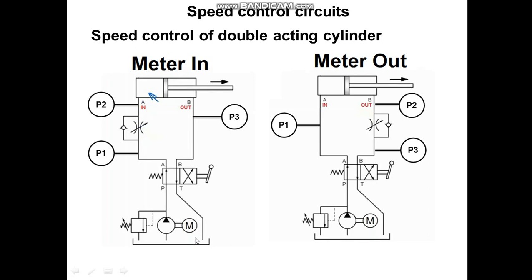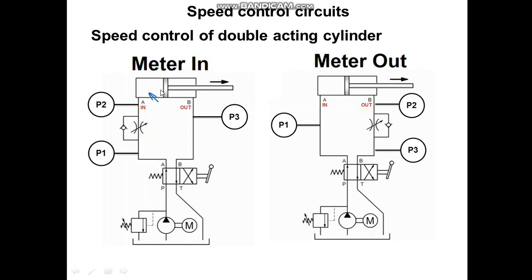Now we have to compare P1, P2 and P3. Let us start from P3. Because P3 is connected to the tank, it will be almost equal to 0. P1 will be equal to the pressure setting of the pressure relief valve, and P2 will be calculated by considering the load acting on the system and the blank end area. This is the pressure responsible for the cylinder force exerted from the left hand side to the right hand side.